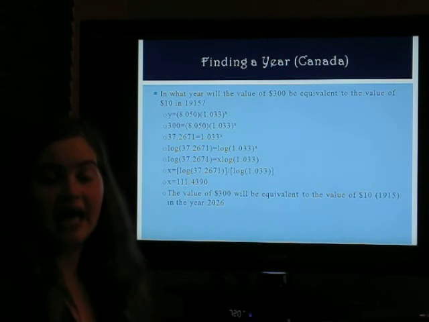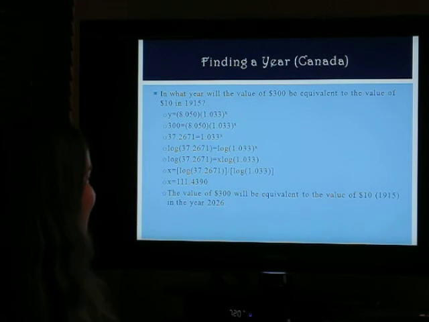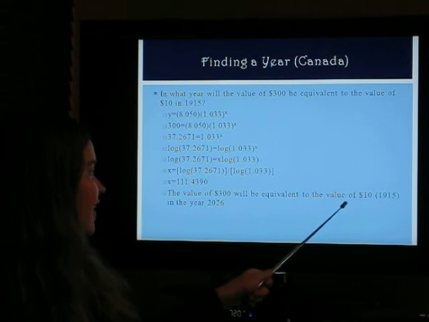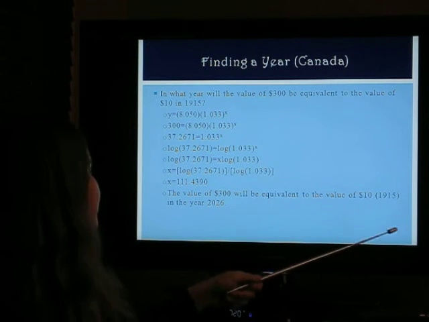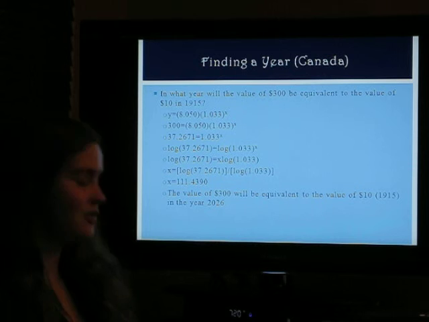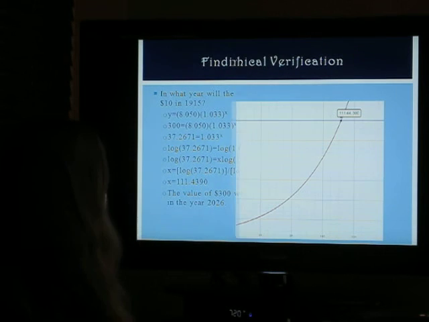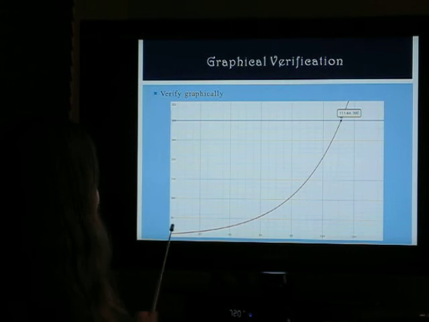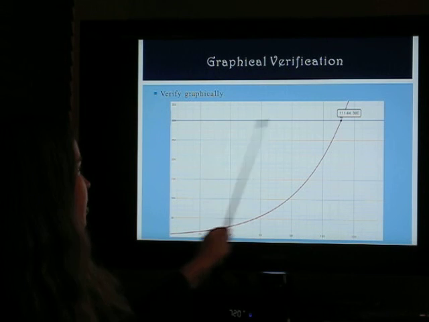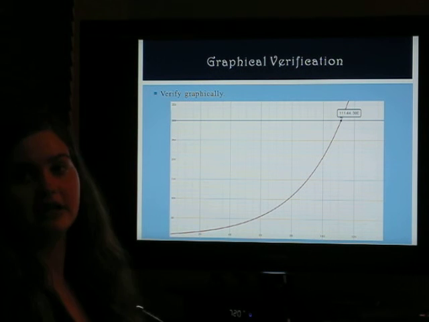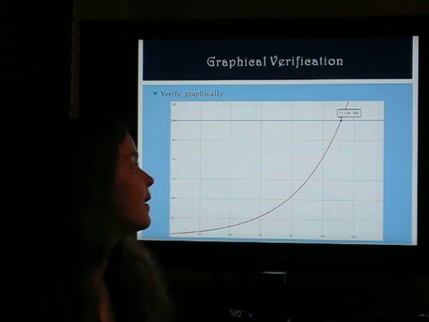And thus x equals 111.44. Again, the value of 300 Canadian dollars will be equivalent to the value of $10 by the 1915 value in the year 2026. And here's the graphical verification of that. Here's the Canadian dollars, y equals 300, and they intersect at the point